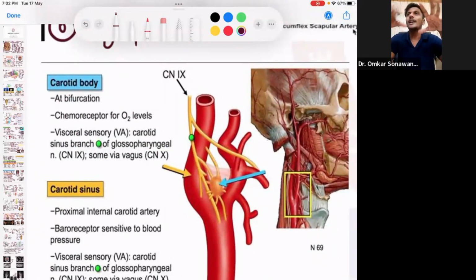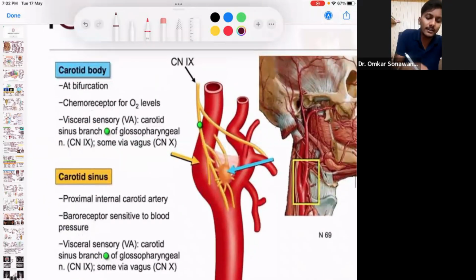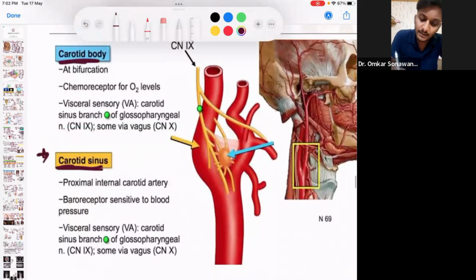Usually the common carotid artery bifurcates into the internal carotid artery and the external carotid artery. At the bifurcation there is a dilatation which is seen, and that is what is called the carotid body and the carotid sinus. Okay, जो orange color में दिख रहा है, the arrow of orange color, ठीक है, this is the carotid sinus, and the blue arrow is the carotid